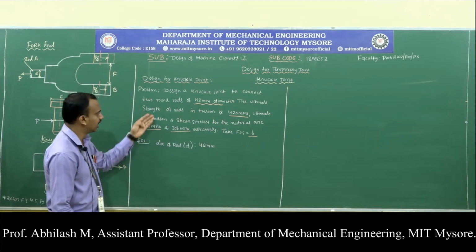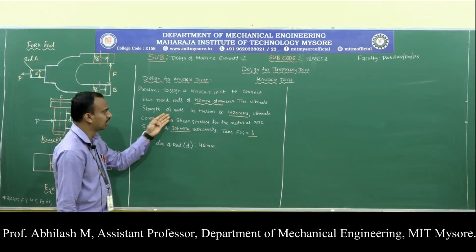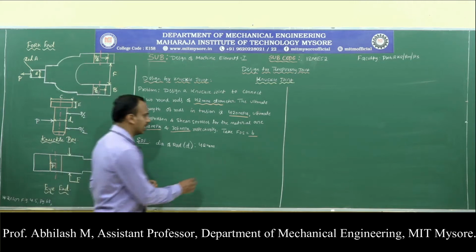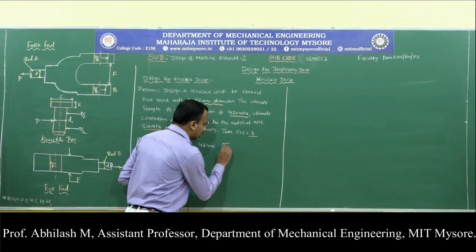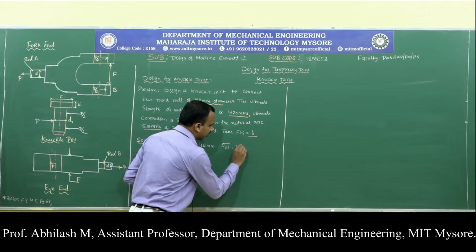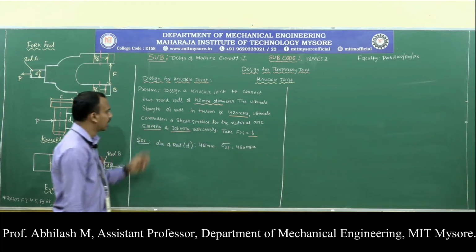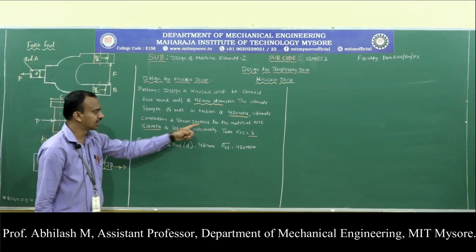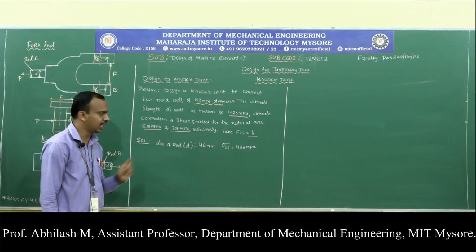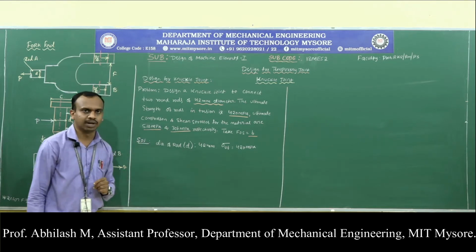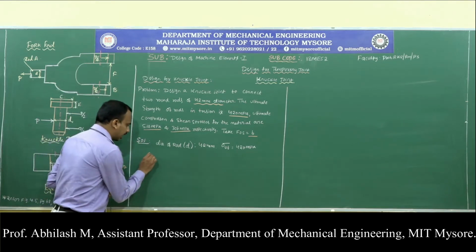So what is the data they have given? The ultimate strength of the rod in tension is 420 megapascal. So the ultimate tensile strength is given by 420 megapascal. Ultimate compression and shear stresses for the material are given by 510 megapascal and 306 megapascal. Let us list that data also.